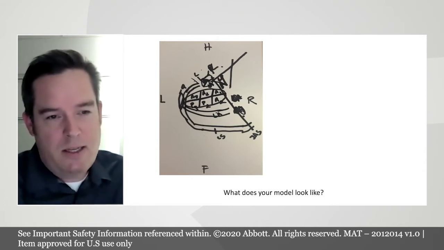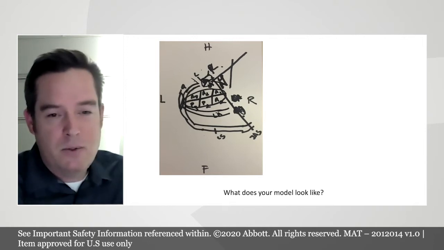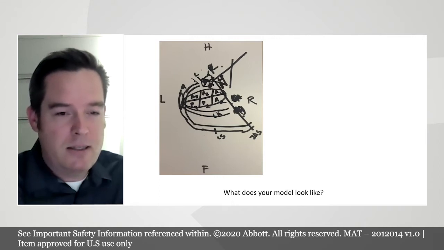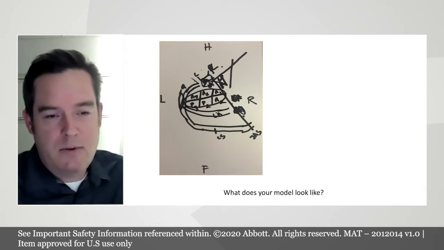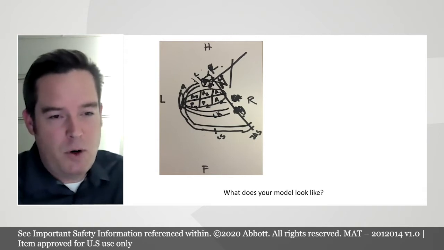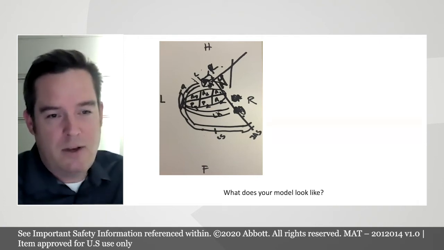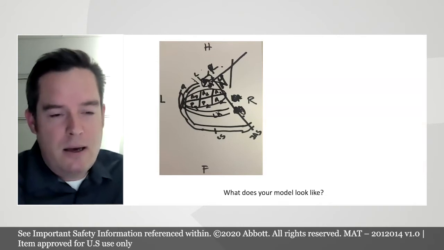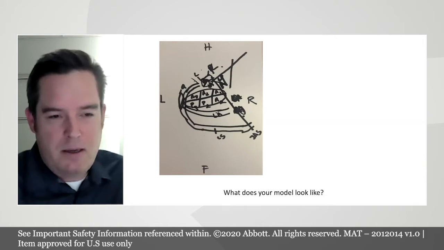Now, this picture on the left-hand side of your screen is a drawing from a second-year cardiology fellow who had done about 30 TEs by this point and a couple hundred transthoracics. I asked him to just draw the mitral valve from the perspective of the esophagus. So if you're the TE probe looking through the esophagus, through the left atrium, in the mid-esophageal position, what does the mitral valve look like? I try to do this with our fellows to try to disconnect the